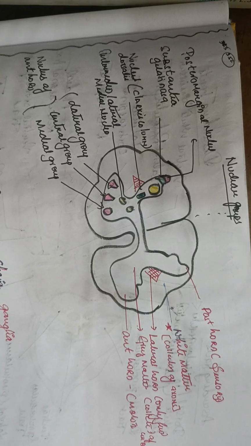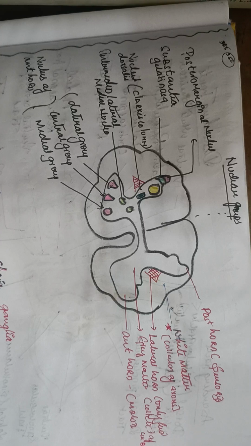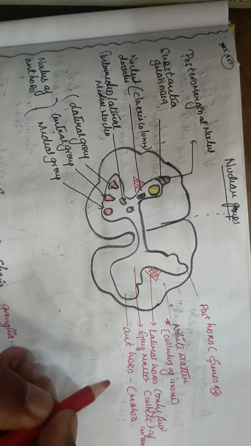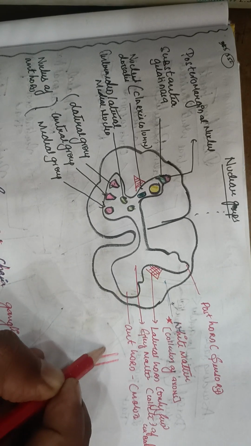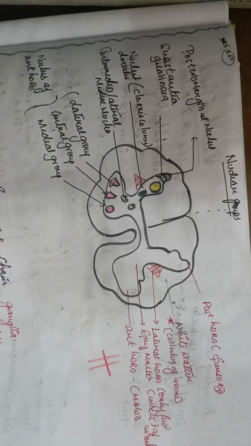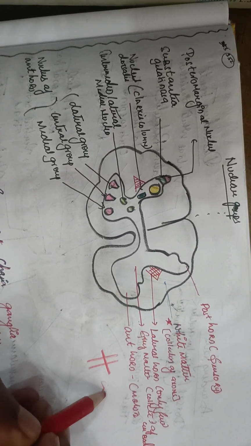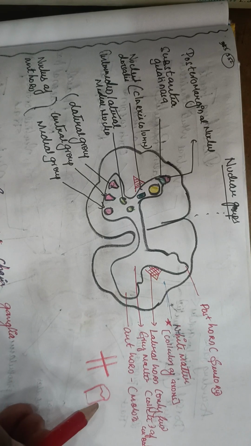In this session, I'll be discussing the topic: nuclei in the cut section of the spinal cord. What does it mean? Say, for example, this is the spinal cord. This part, I have cut the section of the spinal cord. This is the lower section, which I have removed,